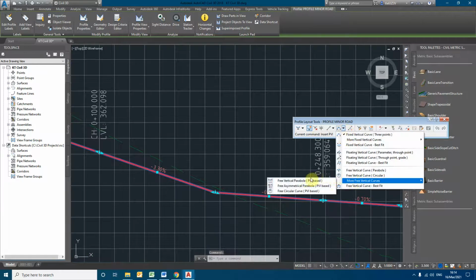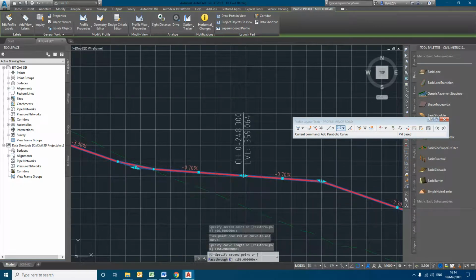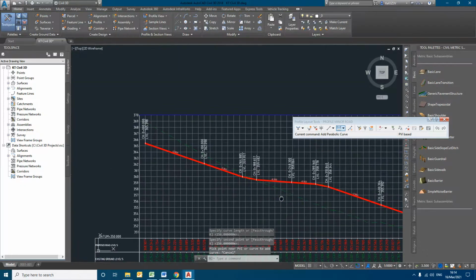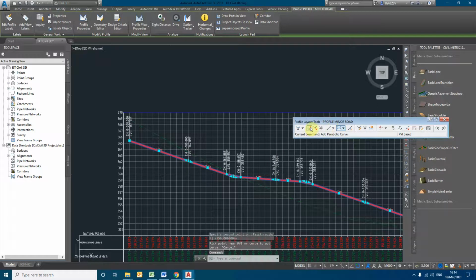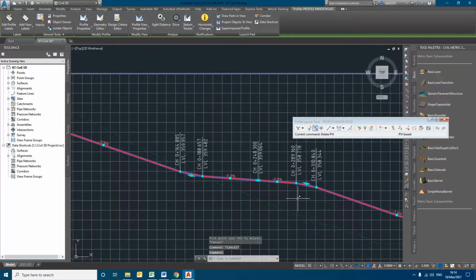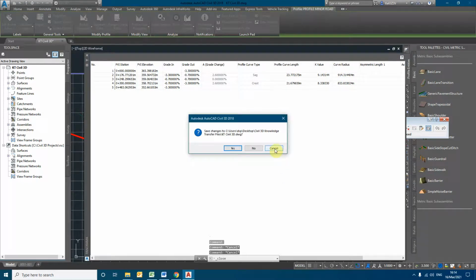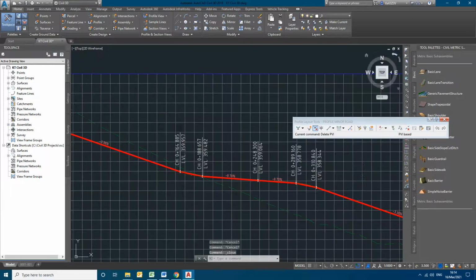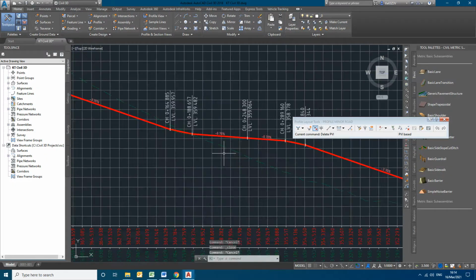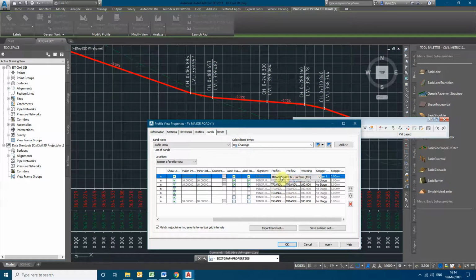In a similar fashion, we click on the profile view properties and assign the profile and triangulation surface wherever required.